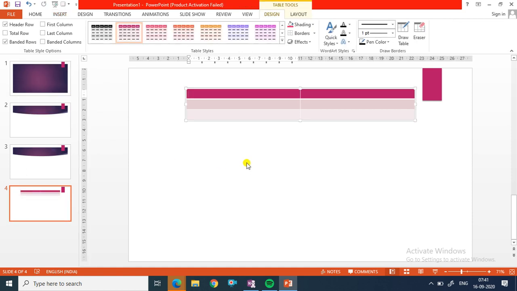So in this way we can easily enter a table. Now how to write? Just write down roll number. When you want to shift to another cell, at that time use tab key. Don't use enter key. Okay. Fine.